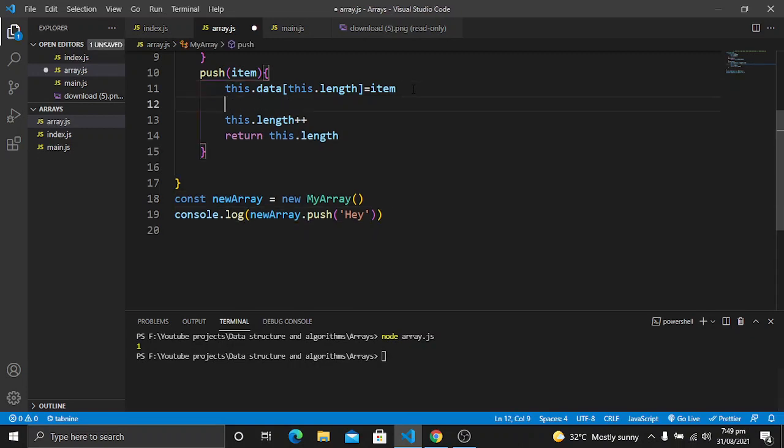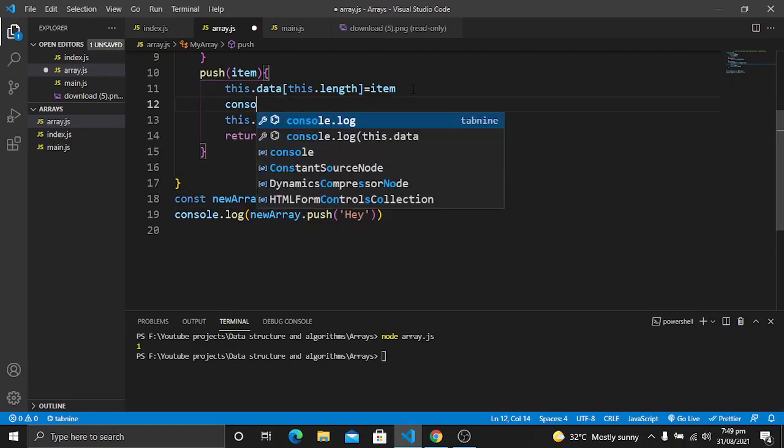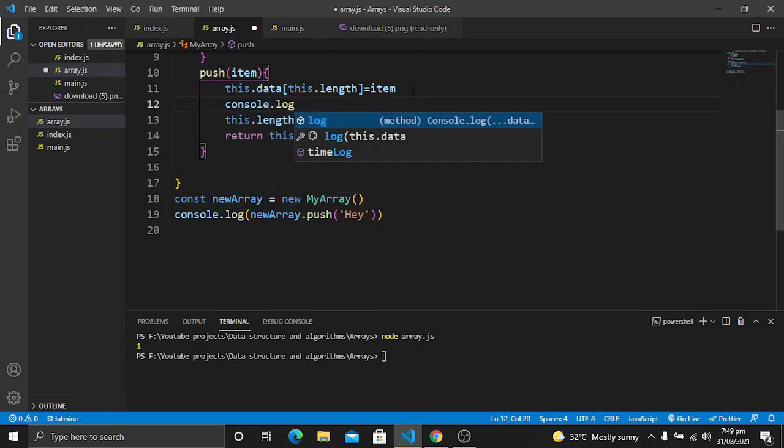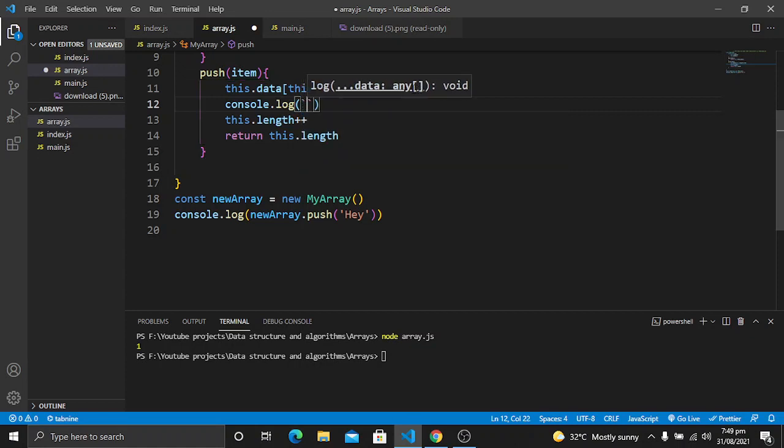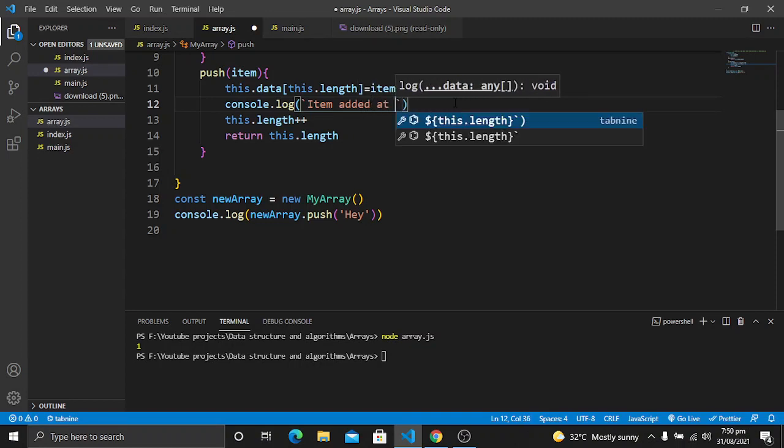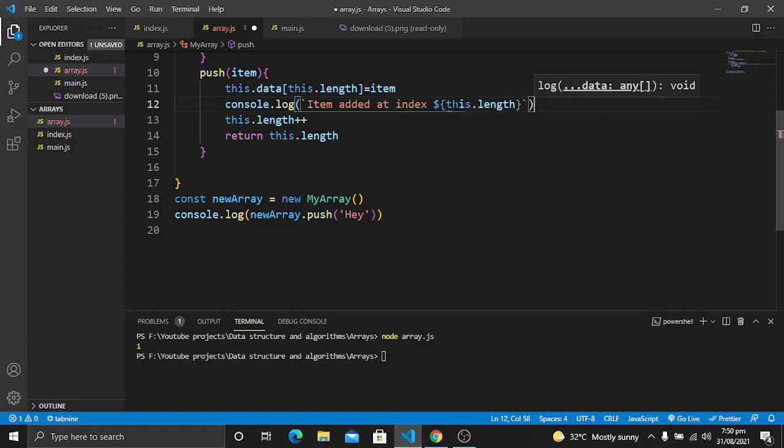Now at this position I will also console.log that. So I will use a template literal, so we can say item added at index, and then we will use the dollar sign and curly braces with this.length.